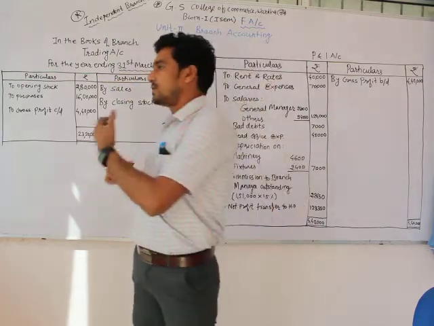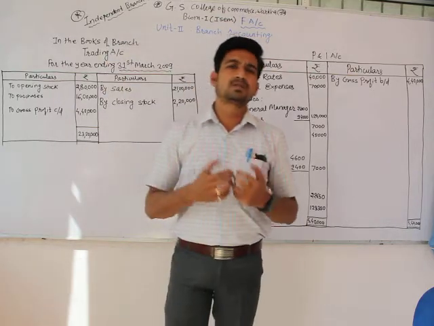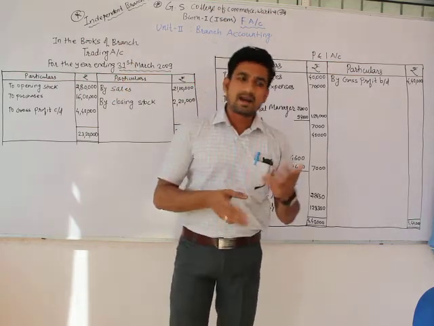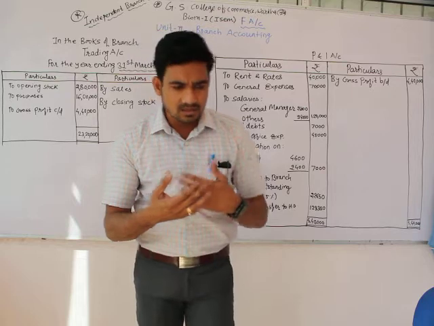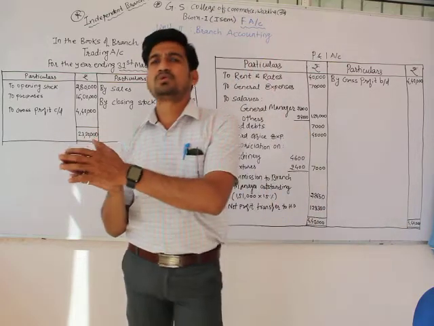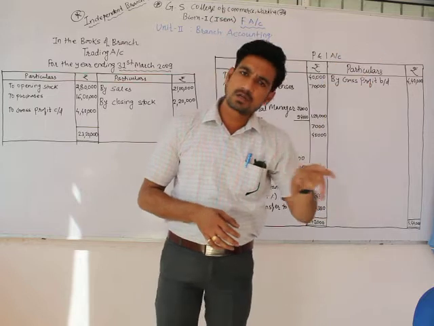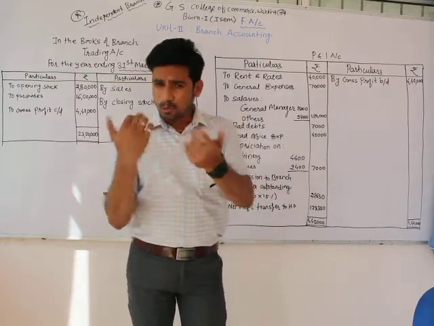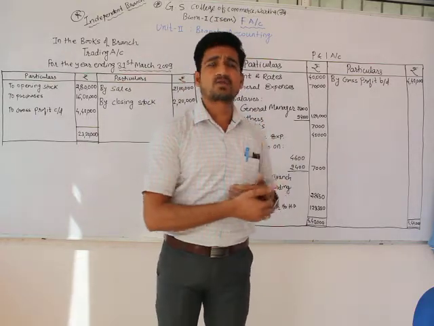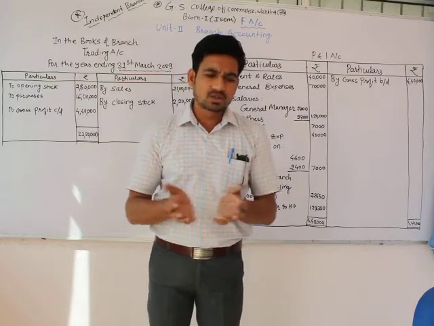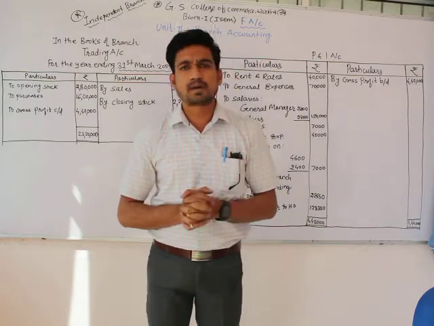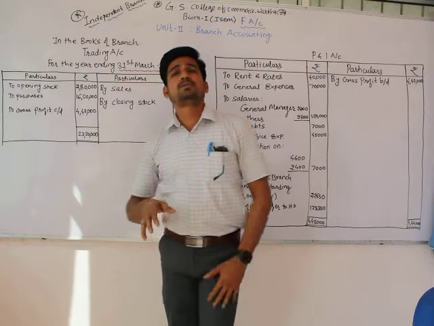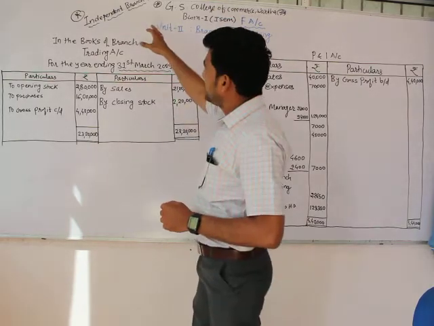When we solve the problems of independent branch, we should take notice that independent branches have their own accounts. At the end of the financial year, if there is a mention in their statute that they have to transfer the net profit of that particular financial year to the head office account, they can do that, or they can flow that profit back to their expenses, or even invest that profit. That is the sole authority of independent branch. When we solve the problems of branch accounting, we should keep these things in mind. So this is a problem of independent branch.